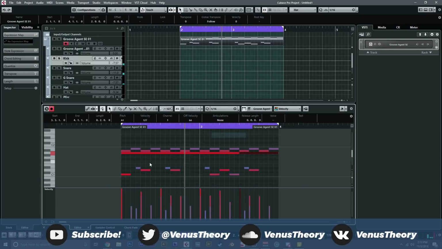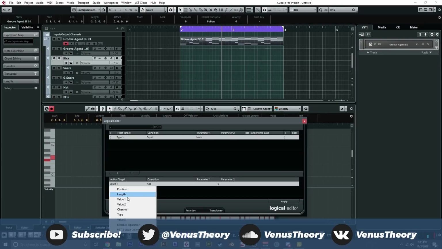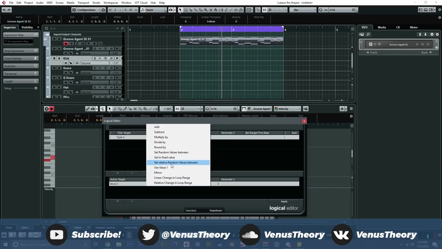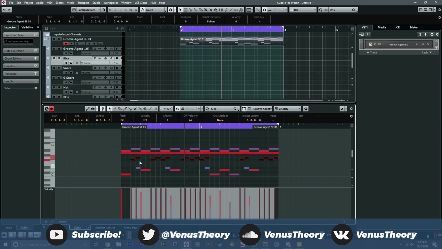Cool, so now we can go ahead and get into our hi-hats here. So I'm going to go back to 16ths and just add little grooves in between the snares. We'll do here. Okay, and we could go ahead and just highlight these, and we'll go to MIDI logical editor. Value 1 should be velocity. Oh, value 2 is actually velocity. So we'll do relative random values between, let's do 70, 120, and we'll hit apply. So now these will have, well, I guess not,